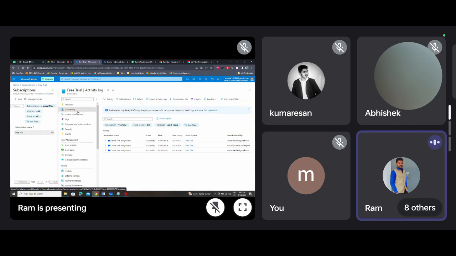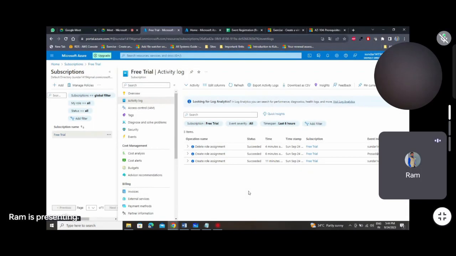And then the activity log. Whatever activities that you do at the subscription level, like giving privileges, adding users, removing users, whatever, activity logs will be updated here. So whenever any of your lead or manager asks what activities happened in the subscription, please find it out and fetch the details. You have to go to subscription, click on activity logs, and